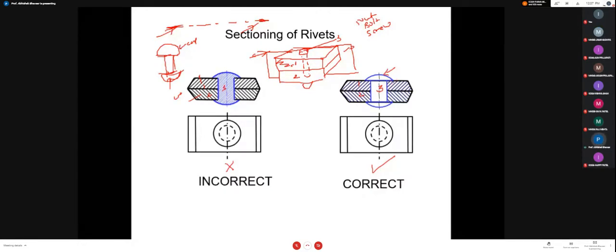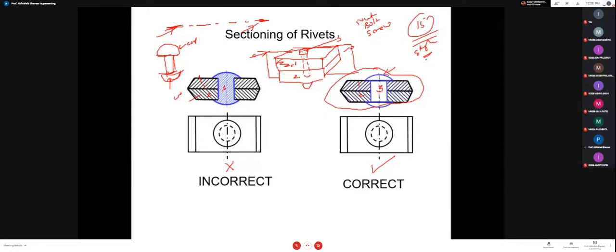In your exam, suppose orthographic projection, no problem, or sectional orthographic, in that case you will not be given such types of questions. Remember, you will have a single component in that case. Suppose you have given the first examination, in that problem you have drawn the orthographic projection. Similarly here you have to draw the sectional orthographic. Such a component with more than one part will not be there. In that case you will have only a single part.